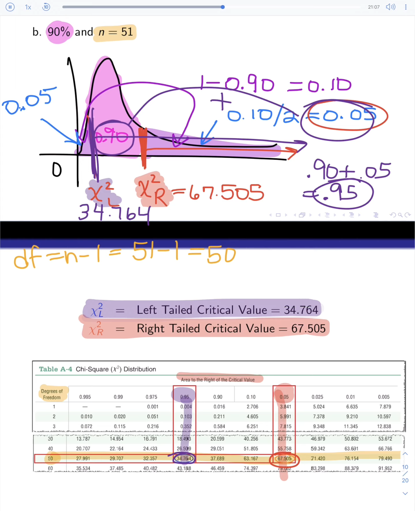Again, I'm going to use both critical values, the chi-squared on the left and the chi-squared on the right, when I make my confidence interval. This is just the behind-the-scenes part that I'm going to need to actually build my confidence interval. So let's